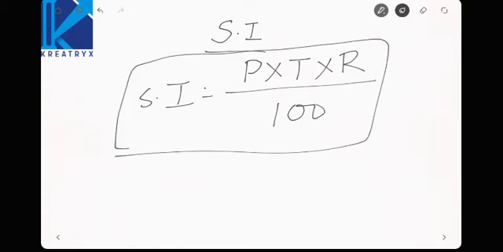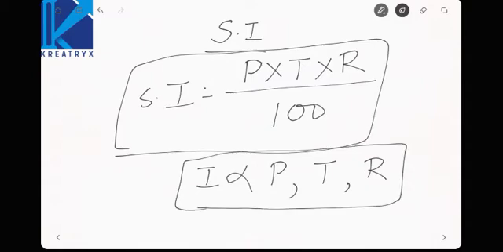See here, simple interest is directly proportional to principal, directly proportional to time period, and directly proportional to rate of interest. If simple interest is increased, automatically the rate of interest is also increased. Observe the things, and here there will be no change of principal for the next years. If you are asked to find out the simple interest for 4 years, 5 years, 6 years, there will be no change in principal. These are the basic formulas, but we have done them in many innovative ways in the problem solving.